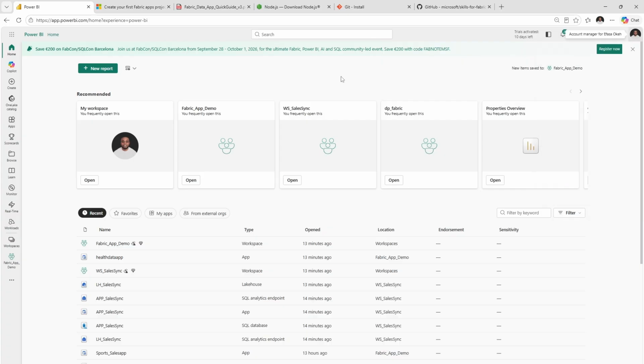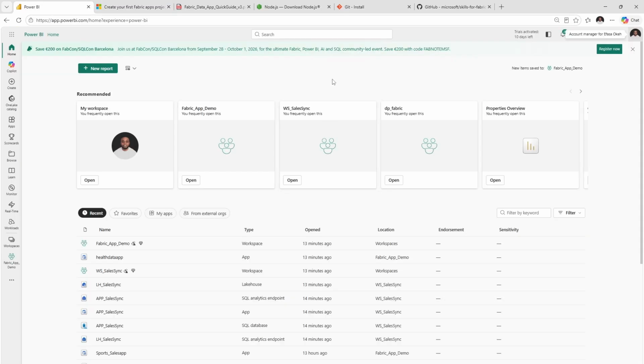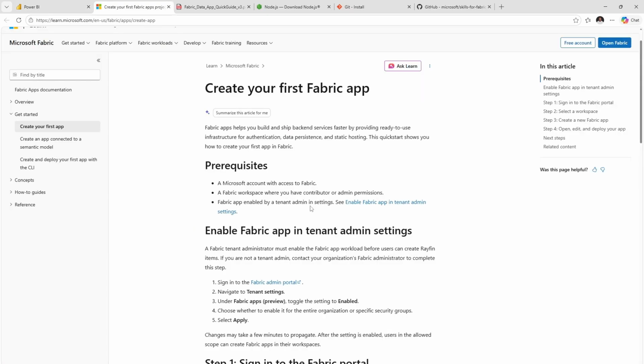Which means you need to have your own account, and you need to sign in. You can actually use your organization account also. Now, you also see here a Fabric workspace where you have the contributor or admin access. So this is a free developer account I have here. I actually have the admin access because I'm the admin also. So if you're not the admin for your own account, you need a workspace where you have that ability also. Then, of course, Fabric app enabled in your tenant settings, which simply means since I am the